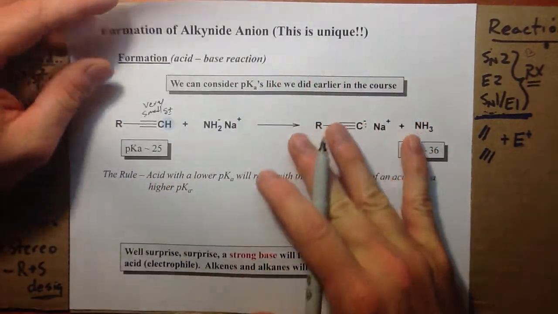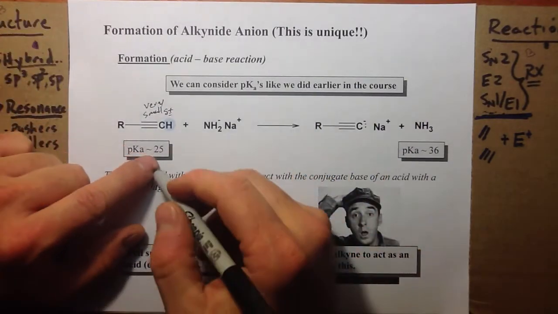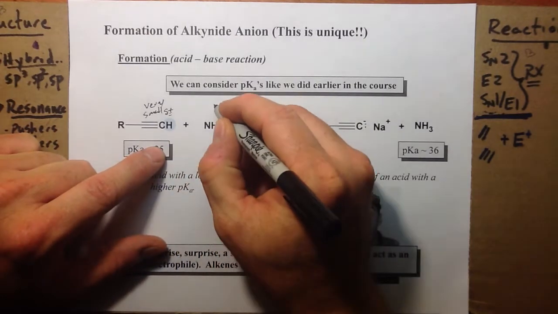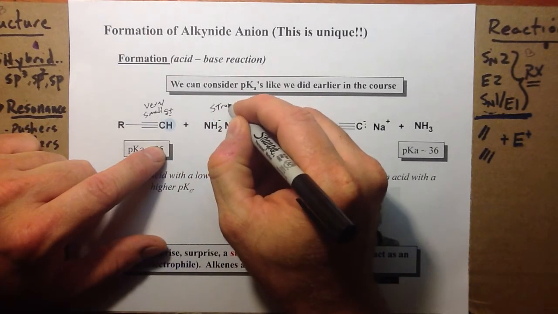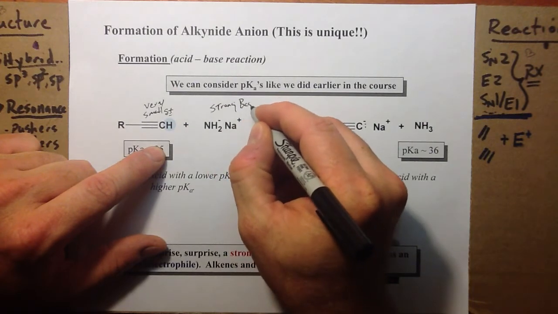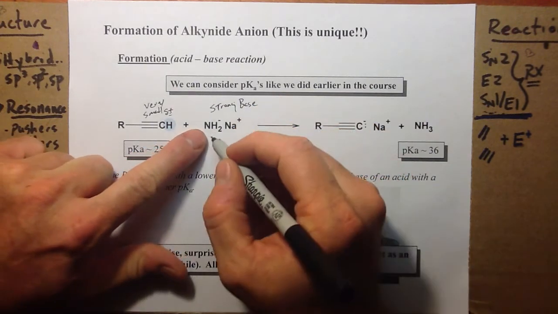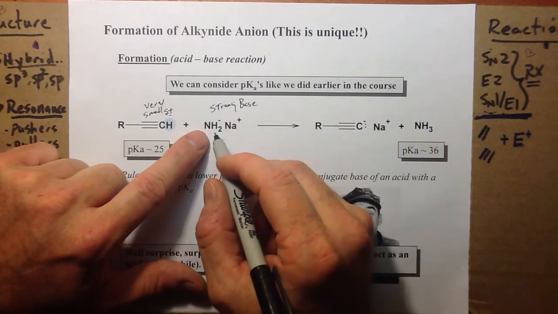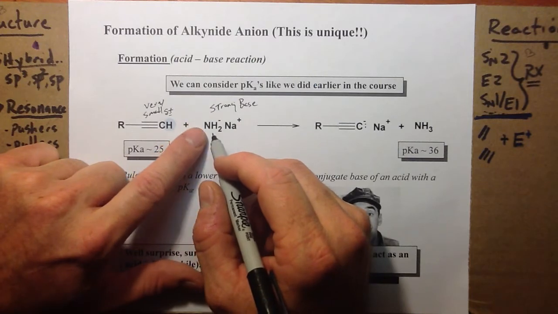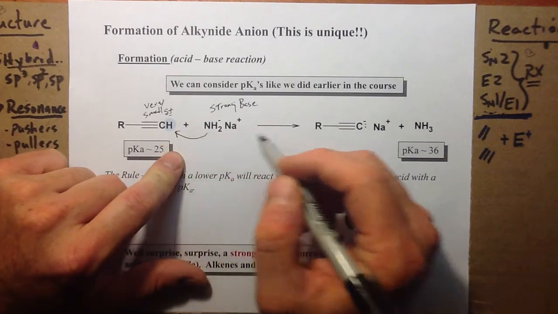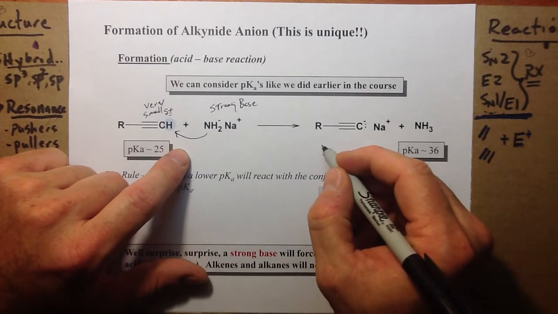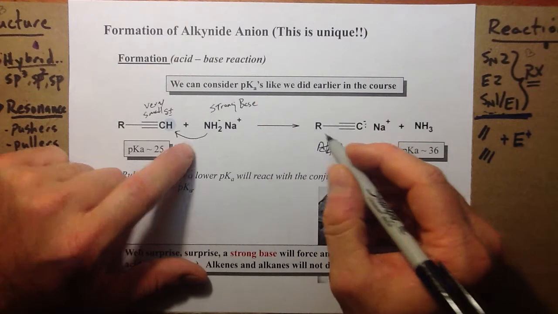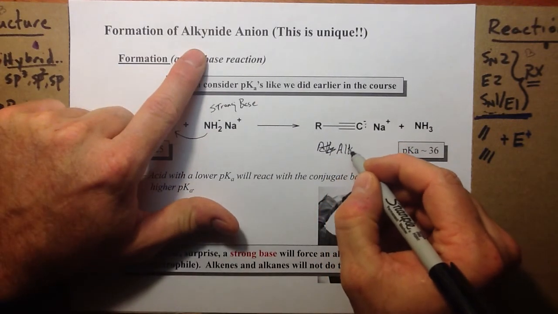What can we do with that? Well, this is then a weak acid, pKa of 25, so it's very weak, but we can use a very strong base, amide. Nitrogen, not being as electronegative as an oxygen, is a very strong base, unstable. We can take and rip that proton off to make an alkynide,